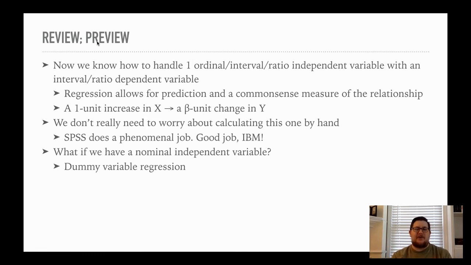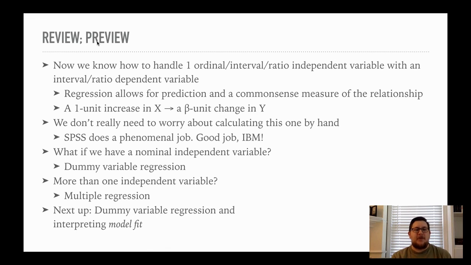But what if you have a nominal variable like religion, where a 1 is Buddhist, a 2 is Christian, a 3 is Protestant, whatever, and so on and so forth? If you have a case like that, you can't do that because a 1 unit increase in x doesn't make any sense. You're not increasing in traits of anything there. So instead we dummy them out. We put Buddhist 0, 1, that's its own variable. Christian 0, 1, that's its own variable. Jewish 0, 1, that's its own variable. And we do the regression accordingly. We'll look at that later. What if we have more than one independent variable? Well, then we use multiple regression.